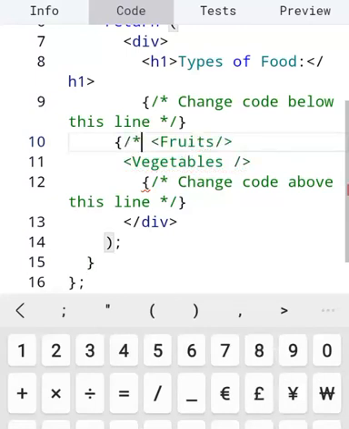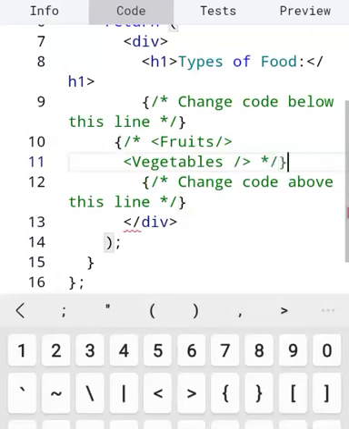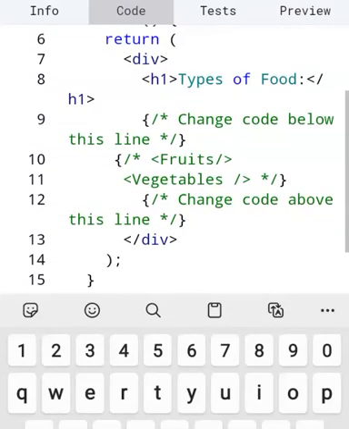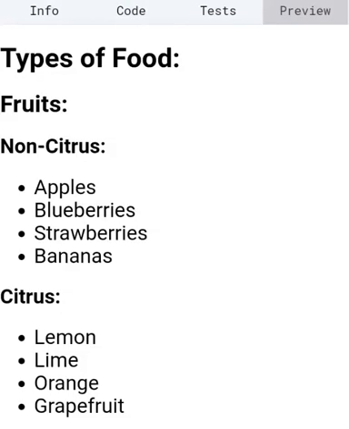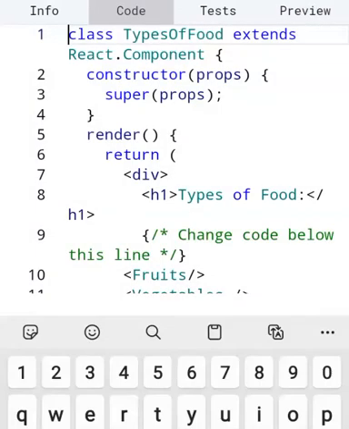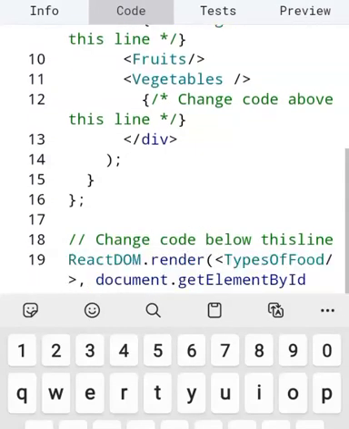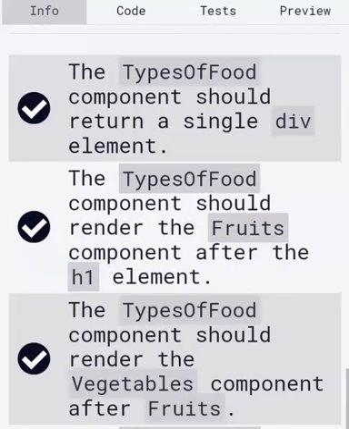So I'm hiding these child components. You see what happens here. If you preview, nothing. Then if you add them back in, you can see those items there. And remember, the same thing goes for the DOM rendering. If you don't render to the DOM, you still cannot see it. You can test it out yourself in your code.